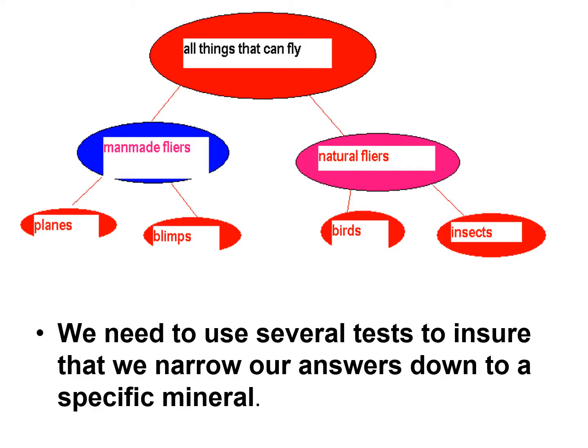Same thing with the idea of all things that can fly. Well, what sorts of things could they be? They could be things that man made, like airplanes. They could be blimps. They could be the airplane you just threw. They could be natural, a bird, a bat, all those guys. As we divide into smaller and smaller sections, we can narrow down our answers to find out what is a